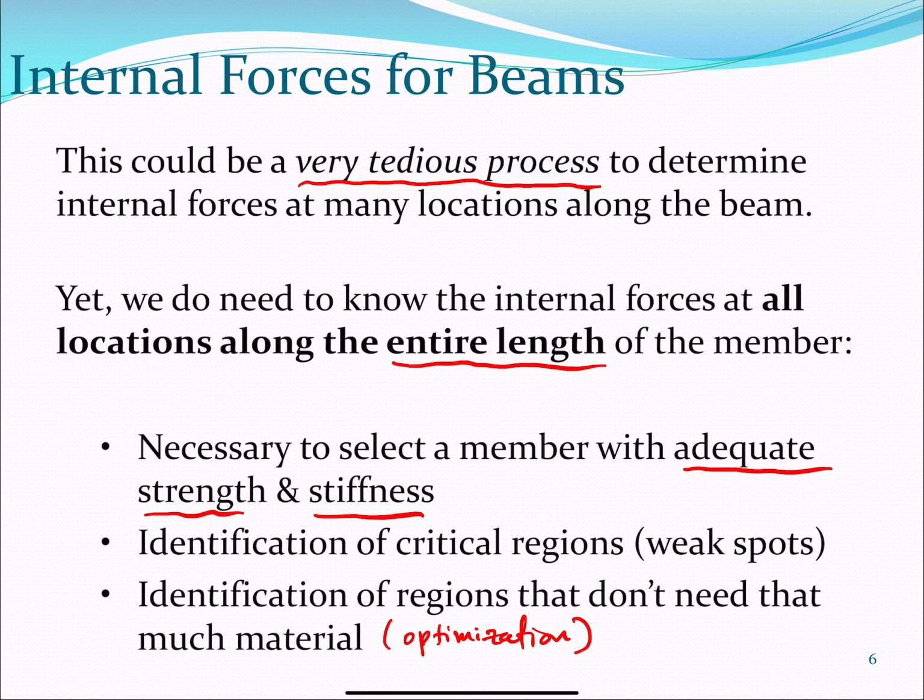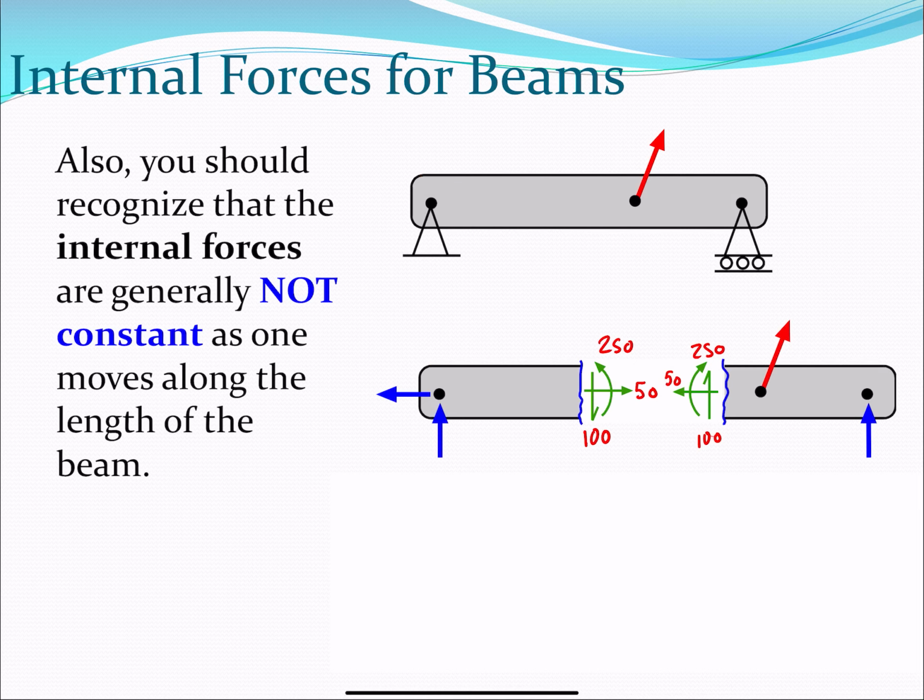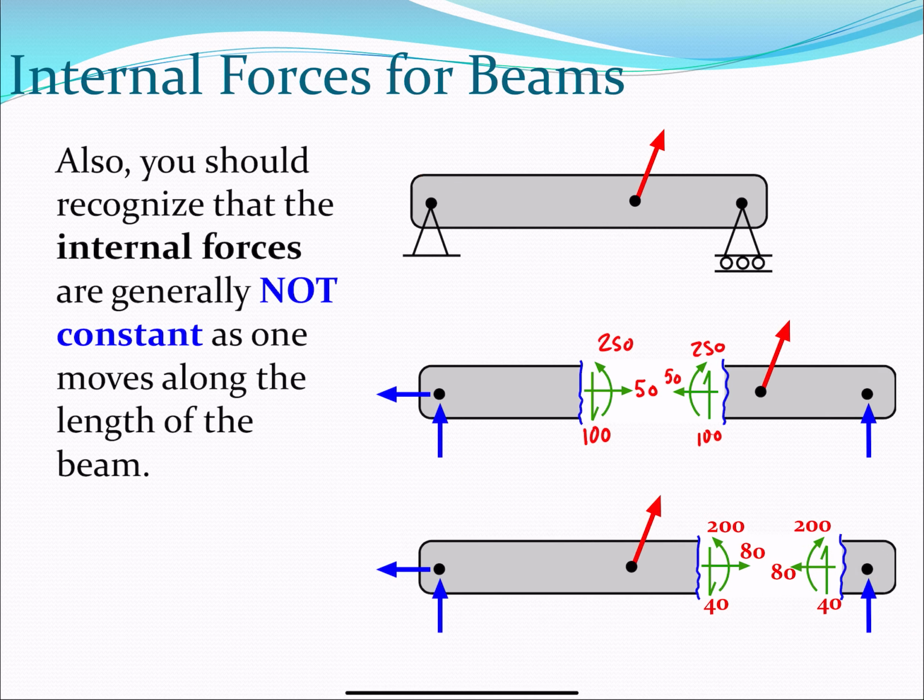Removing material that we don't actually need, and probably adding it to those regions that need it, the weak spots, right? So all this requires a method that allows us to get the internal forces, or to know the variation of internal forces along the member. In a very quick example, I can tell you that,